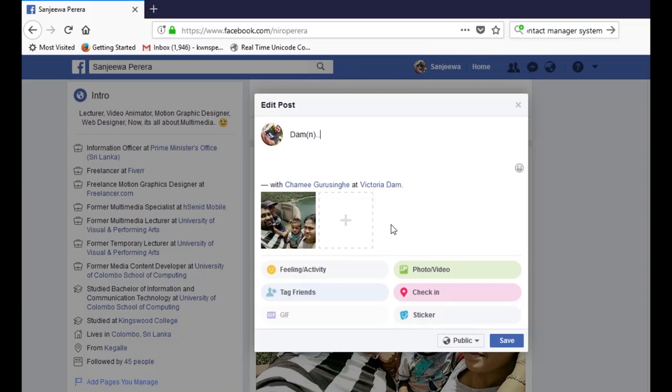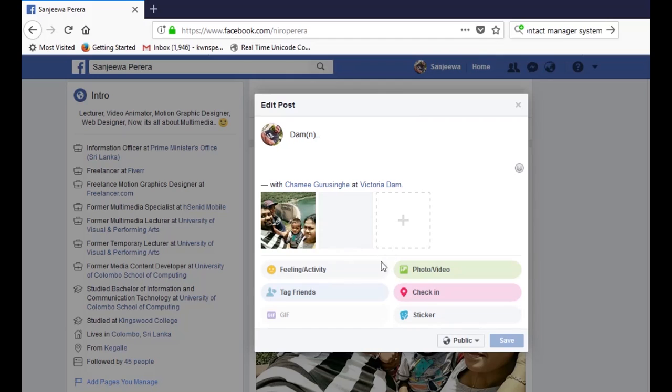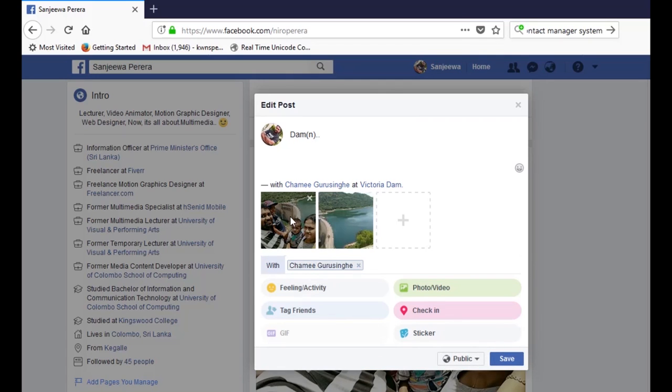So I'm going to click this plus mark and I'm going to select this image and click open, and now we can see two images here. And then I'm going to click this cross mark on this first picture, and then I'm going to click save,